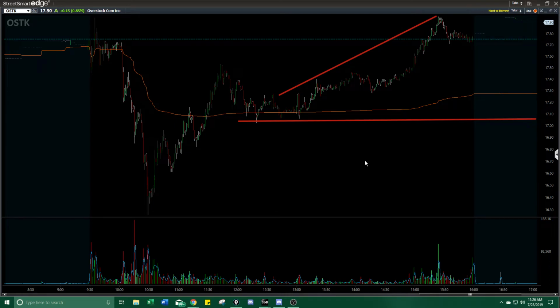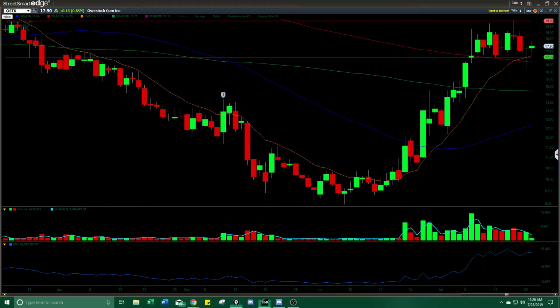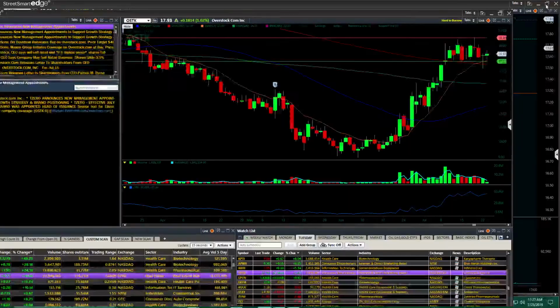So that right there, when this broke below 17 and then reclaimed 17, that showed that bears could not hold this down, and it's still bullish. And if you look at the daily chart right here, this big doji, that's a dragonfly doji. So this long wick right here, it fell below 17 and came right back up. That's a sign that the bears could not hold it down, and the bulls took over and brought it right back up. And then going into today, with all of this in mind,